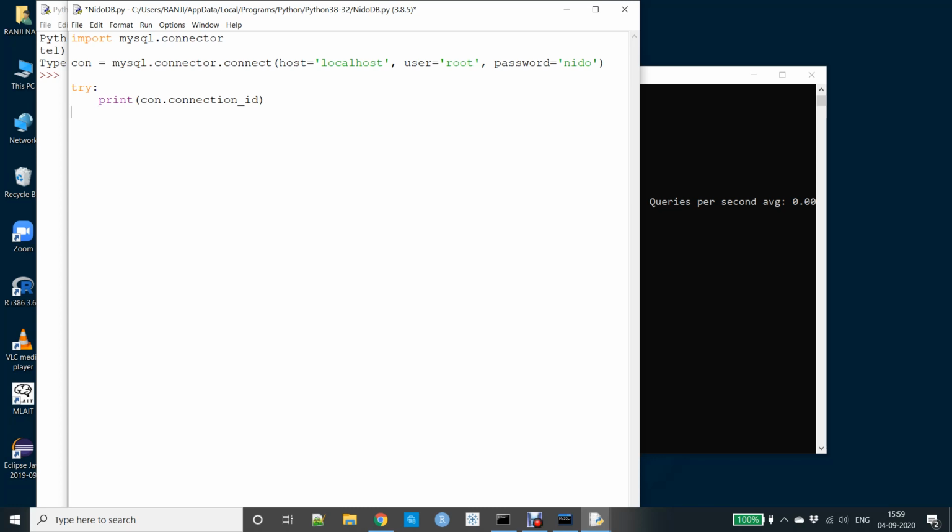And if it is not successful, in except, which is the error handling observed in Python, we print connection failure.